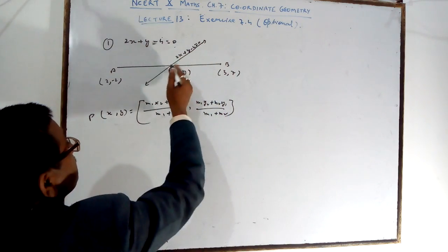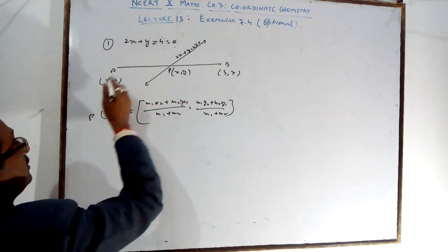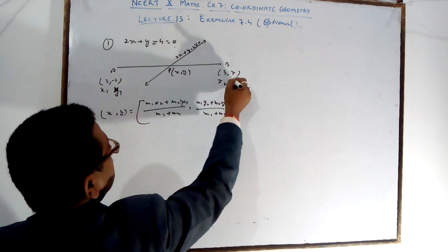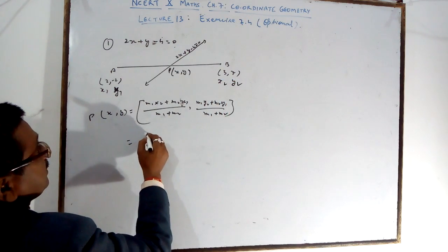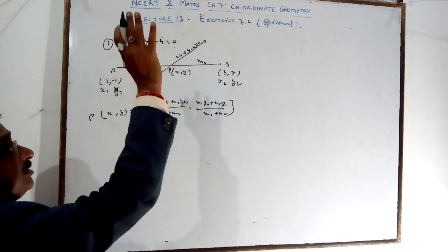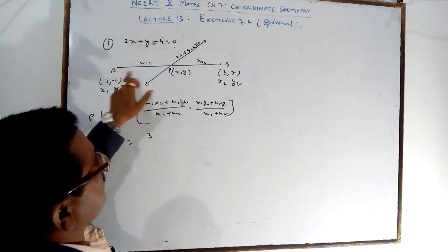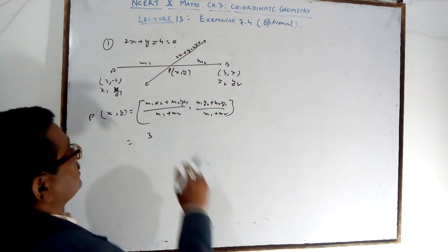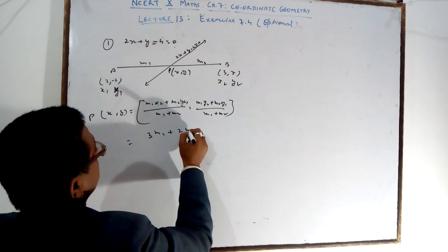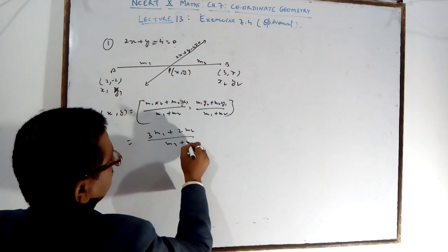This line is dividing, which means P is a point which is dividing. So what is the coordinate of P? First you find out according to the section formula with x1 y1 x2 y2. We will get 3m1, where m1 and m2 are dividing. Forget about the line for now. Point P lying on this line is another thing. But P is where the line intersects at one point. That's why you are getting 3m1 plus 2m2 upon m1 plus m2 comma